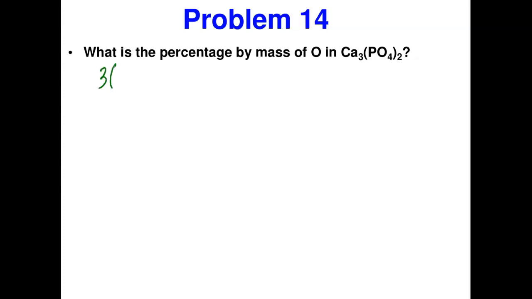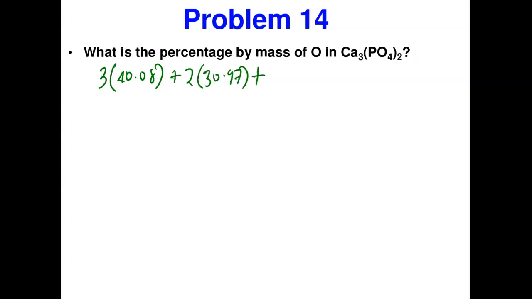So this is 3 times, it weighs 40.08. This is only calcium plus how many phosphorus here? Look at this bracket. There's 1 atom inside. Because of these two, it will multiply that 1 subscript here. So we're gonna have 2 atoms of phosphorus. And 1 atom weighs 30.97